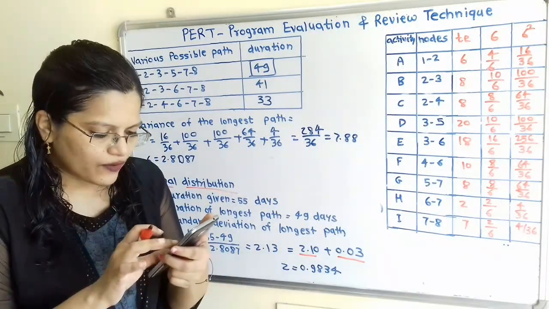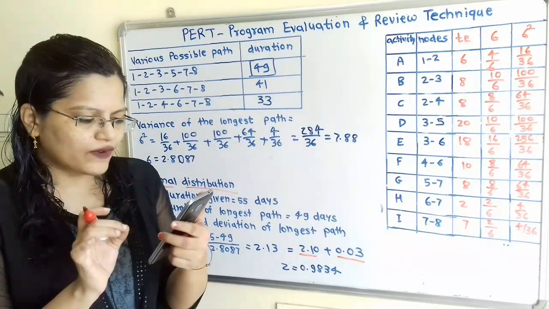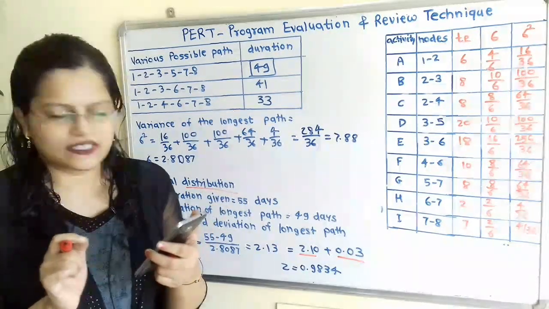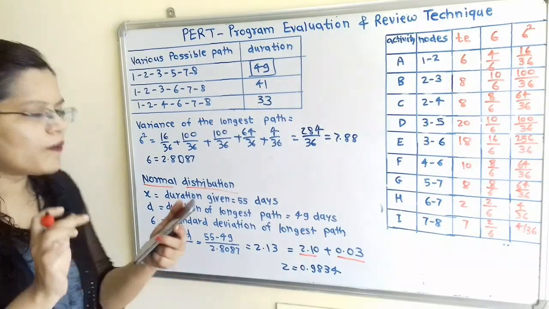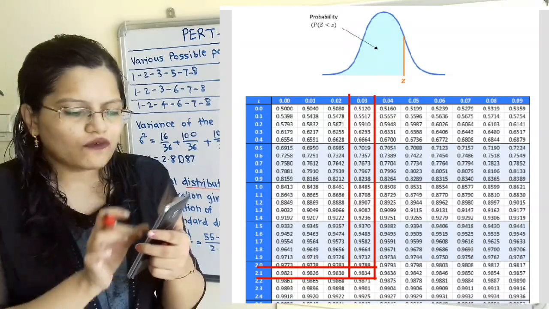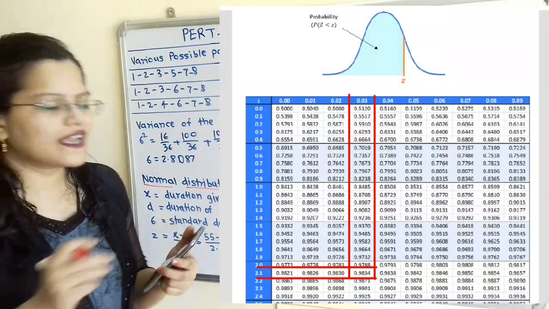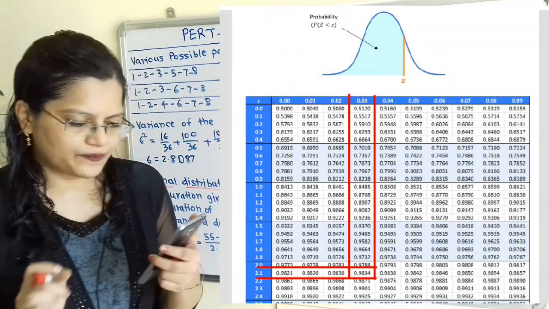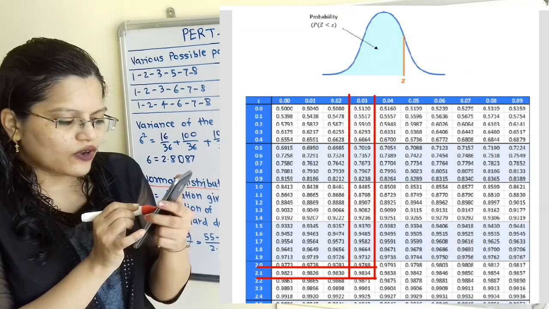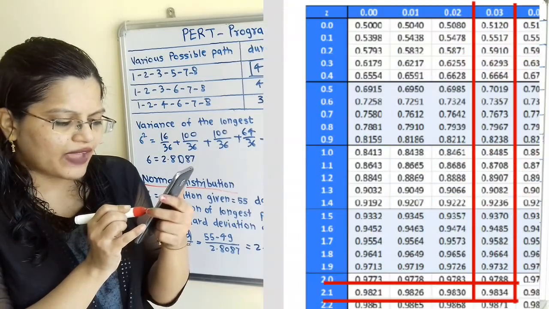If we observe the vertical line, values are given 0.0, 0.1 and then 1, 1.1, 1.5, 1.6, etc. Our first parameter is 2.10, so we refer to 2.1 here. On the vertical line we select the value 2.1 and on the horizontal line we select the second value 0.03. If I move horizontally in front of 2.1 and vertically to 0.03, then we will get the value